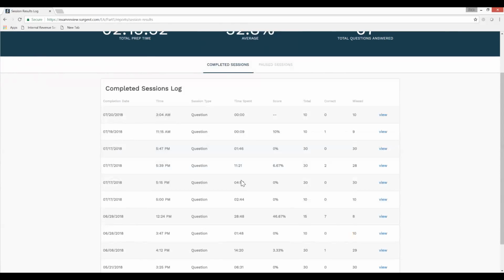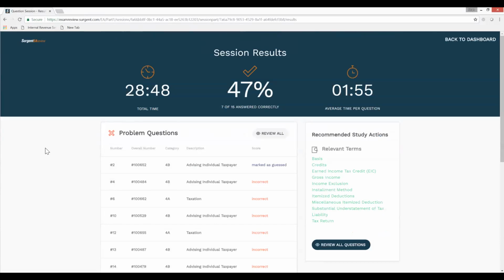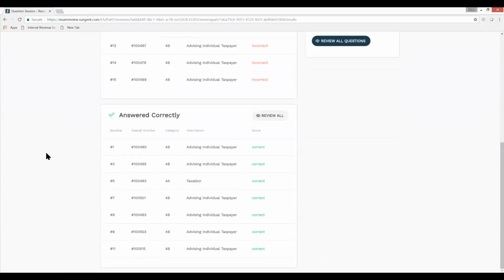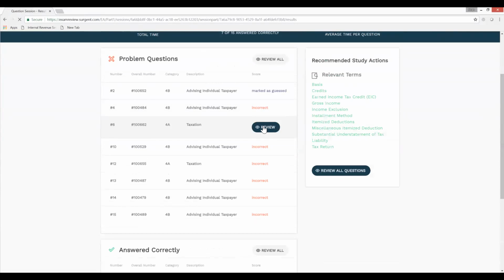Well, let's pick this one here that I did on the 29th of June. I did 15 questions. I got 7 of them correct. So I click View, and it will bring up that entire session. It will show me in that session which ones were wrong at the top, and then down below which ones were correct. All right? With each one of these, either correct or incorrect, I can go and click Review,